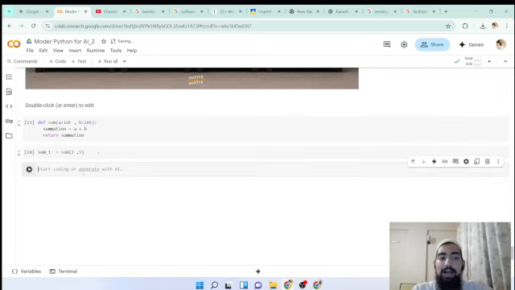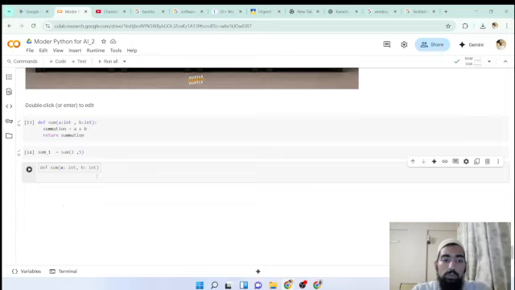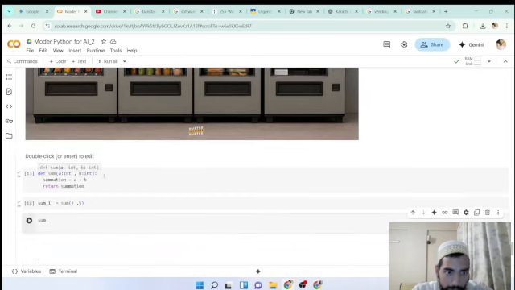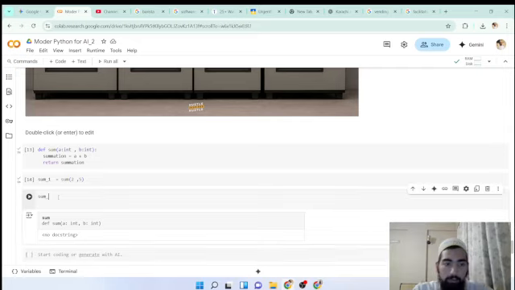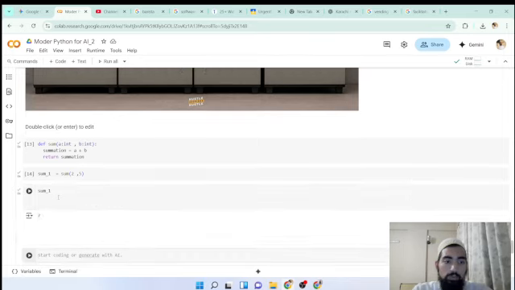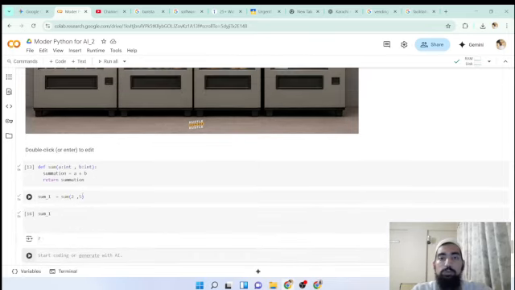And here we have sum1 is equal to 7. No need for print statements here and there. The return is going to suffice you all of them.